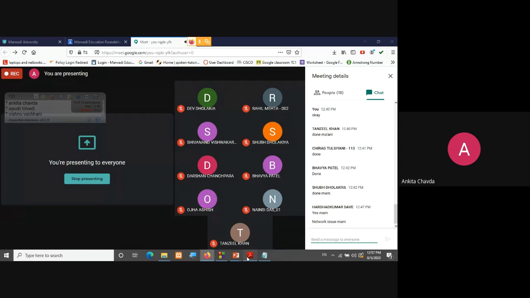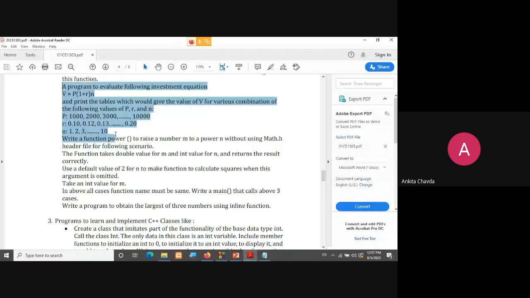The next program is to evaluate the following investment equation. Here you have V = P(1 + R)^N.